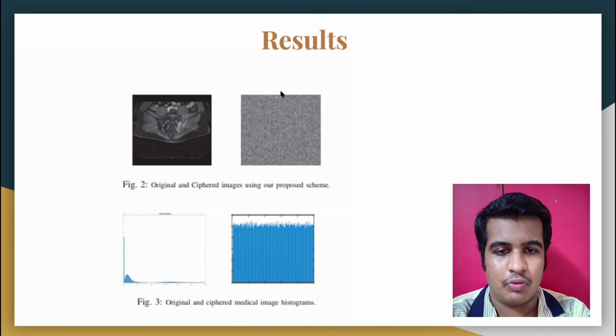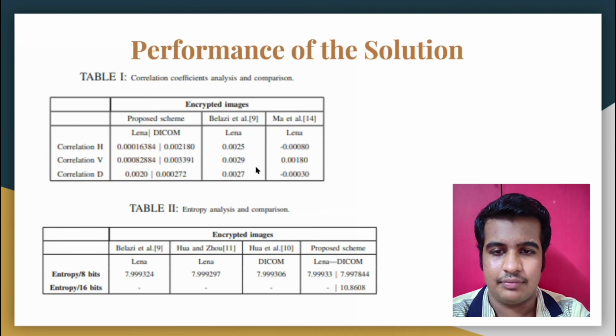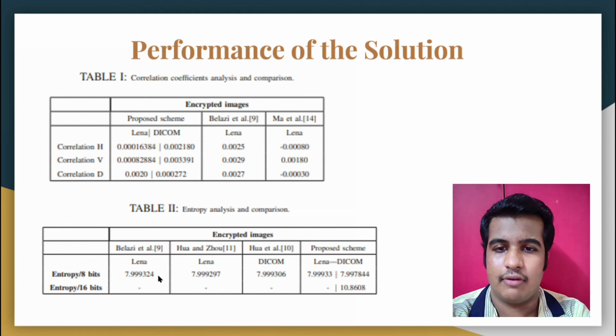Now I will show the output that they have shown in the paper. The output encryption almost seems like a noisy image. Talking about their performance against earlier approaches, they claim to have secured the least correlation, as shown in the table, and the highest entropy, that is information gain. The more the entropy, the harder it is to find the pattern in the cipher image and break it. Also, correlation is inversely related to entropy. The lesser the correlation, the greater the entropy.